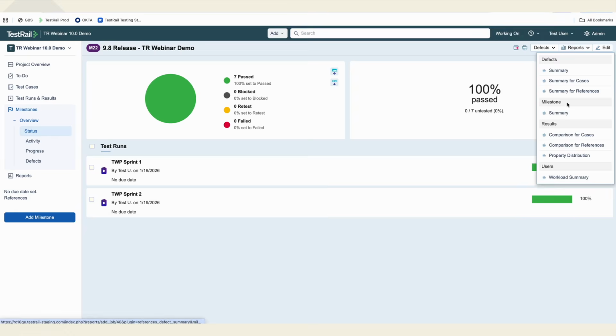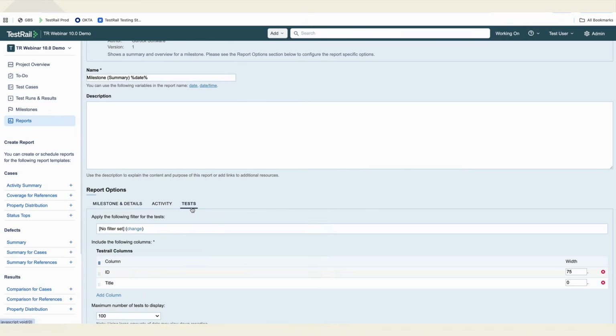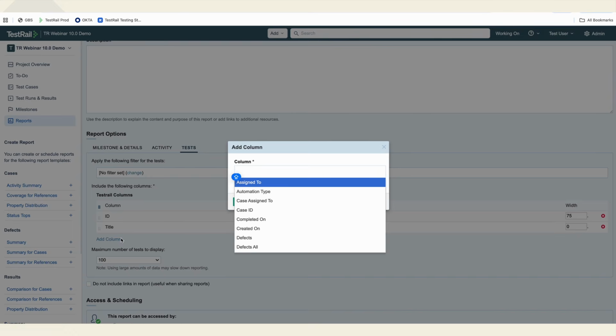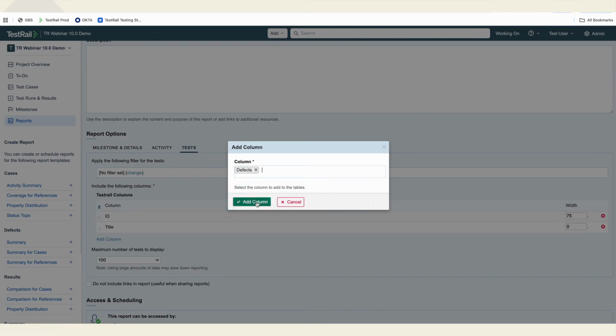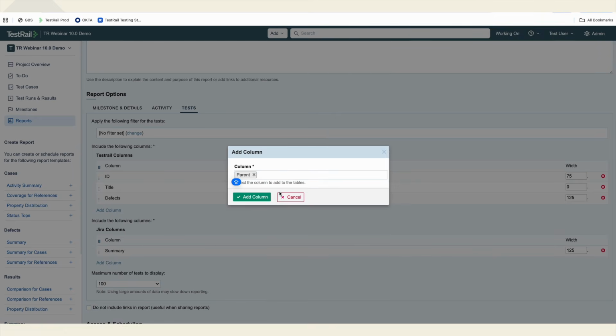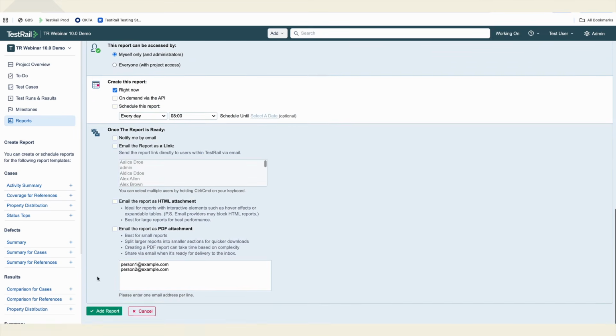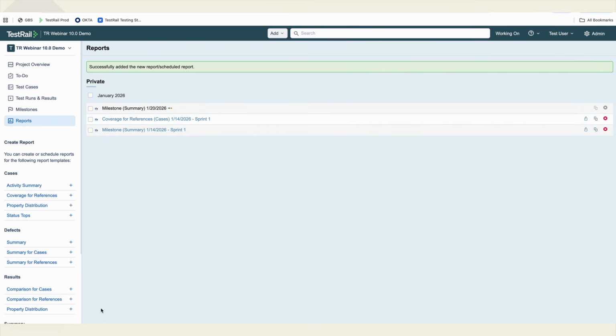And from here, I can generate a milestone report that shows overall testing progress and also includes the status of linked Jira defects if I want it to be included. So the second I add the defects TestRail column, I'm now able to also add the Jira columns I want to see in my report that refer to the defects of the tests I will be reporting in this milestone. And this will give me a single view of test execution and defect readiness all together without manually reconciling TestRail